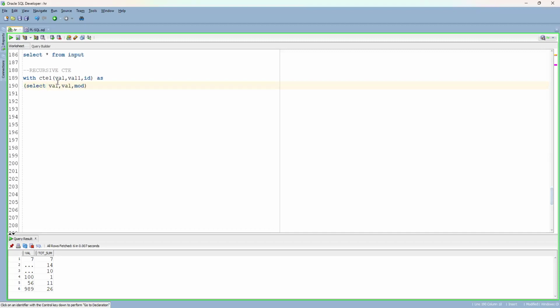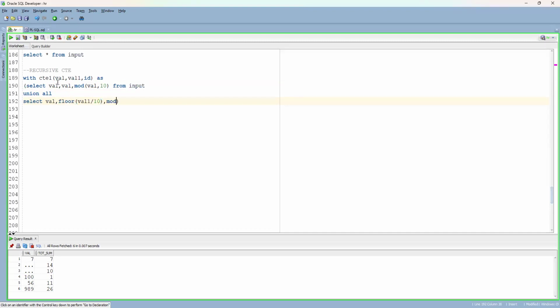val, comma, mod of val, comma 10, from input, UNION ALL, SELECT val, comma floor of val1, comma 10,